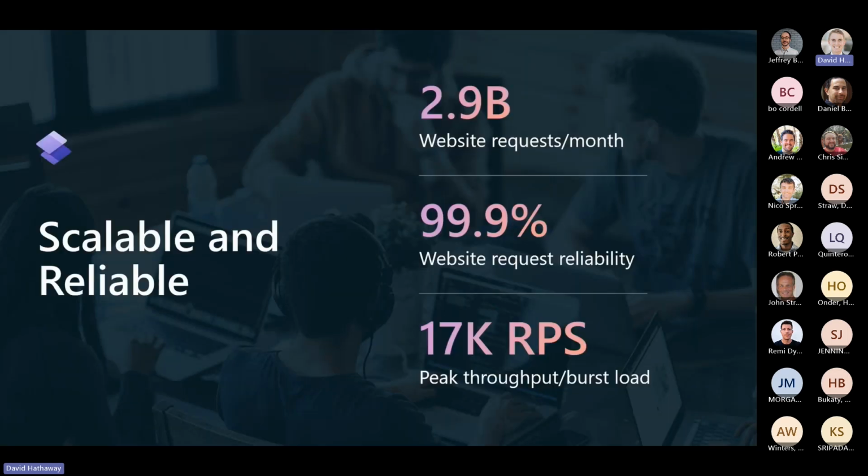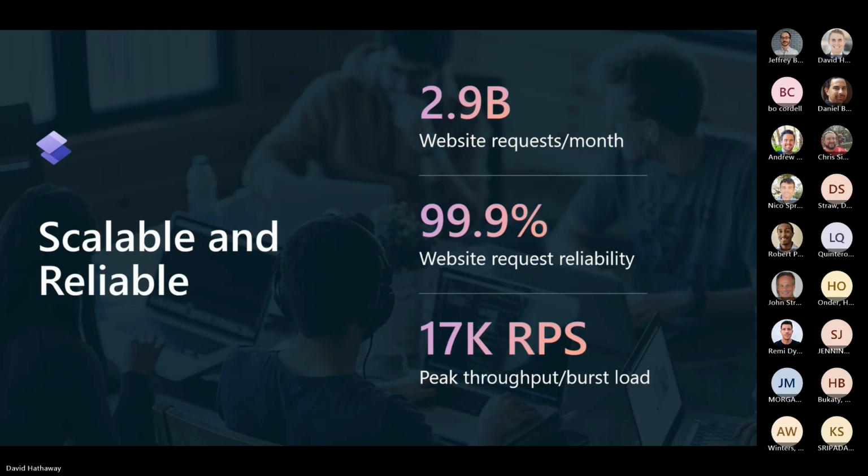So we're looking at across all Power Pages, 2.9 billion website requests that they're servicing per month on the platform, with a 99.9% request reliability SLA, or I guess that's not technically an SLA, but that's what their performance is. And then peak throughput and burst load, and this is for any individual Power Page, can handle up to 17,000 requests per second for a peak throughput.